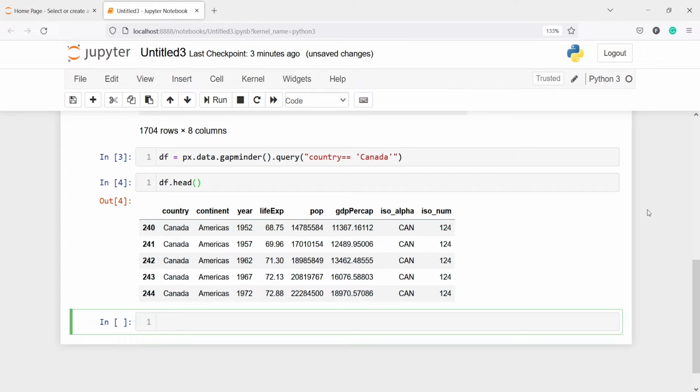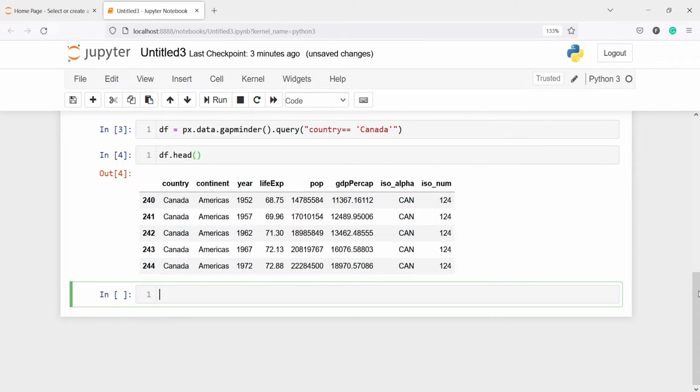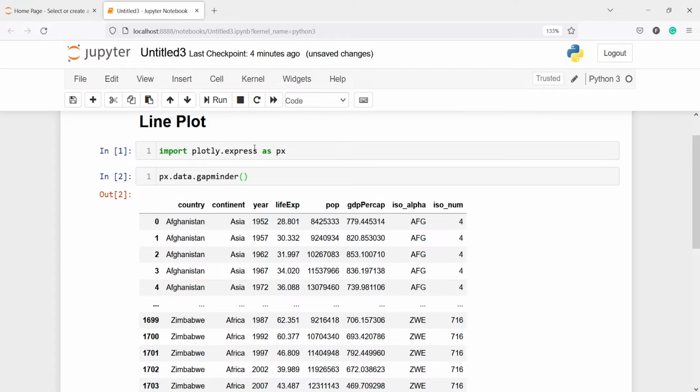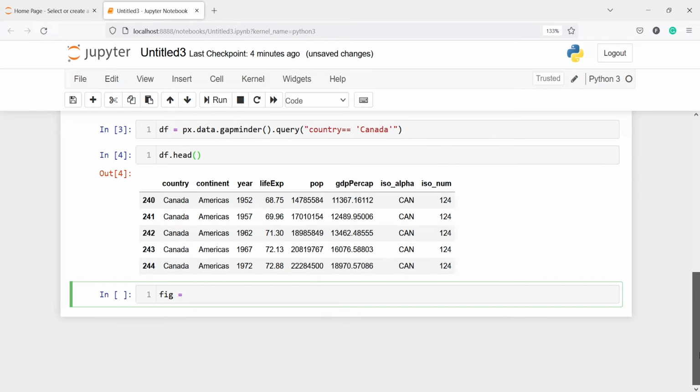Now we are going to make a basic, very simple line plot here, and for that we will make this variable figure, and then we will call px, that is Plotly, which we have imported here. Now I will write here px dot, and to make line plots we will use the function line. Inside this we will pass the data frame which is df. Here you can see this is our data frame. Then we will pass our x-axis. On the x-axis we will have this column year. So I will write here year,